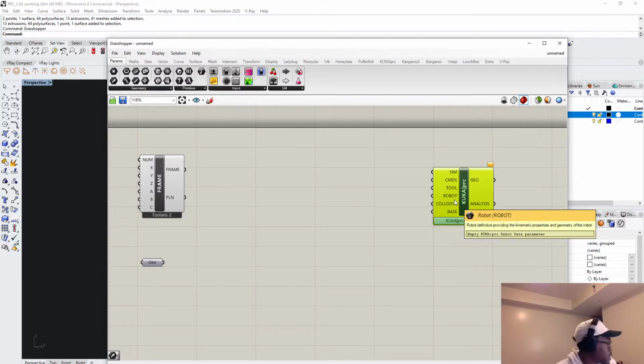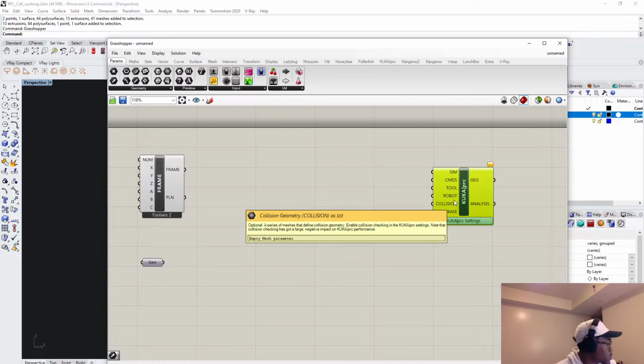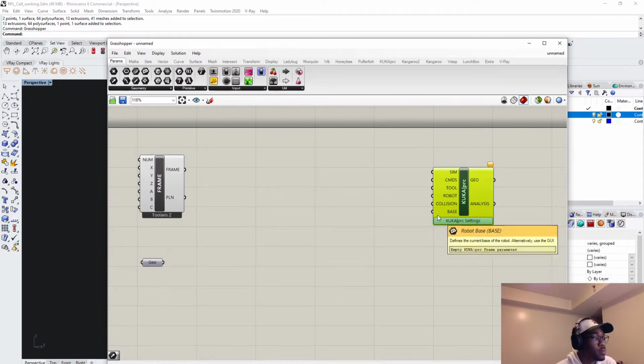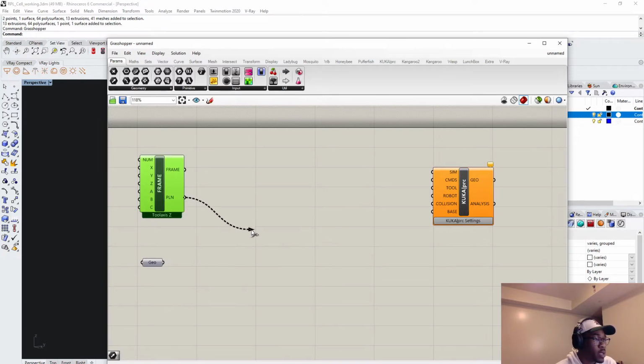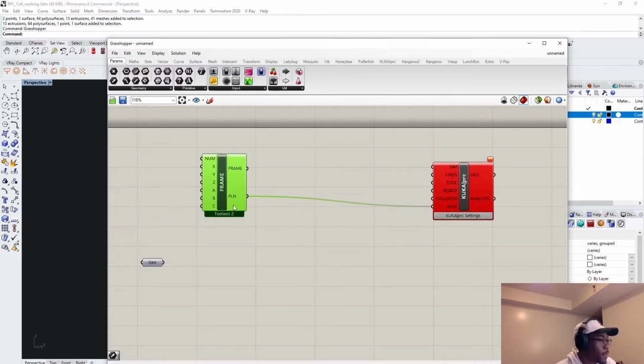Alright, so now we can map our base plane to our frame plane. From this plane, we're going to automatically set it. It's going to give us red because we haven't inputted any of these values. In KUKA PRC, and when using the KUKA, we always need to set our base frame number. For the tutorials I will be using, we will use frame number 21. We automatically get a number slider,